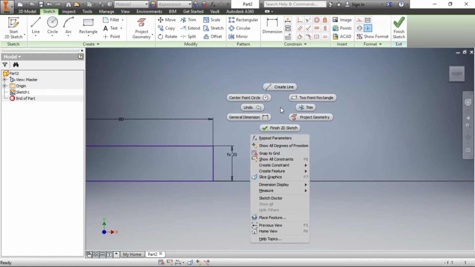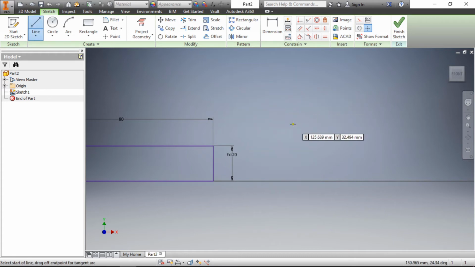Right click and create a line. Select the first point. I wanted to make it horizontal, so move to the right side. We can see one horizontal constraint. Now specify the length of the line. I will write down 50. We are still in line mode. Line command, then right click and then OK.